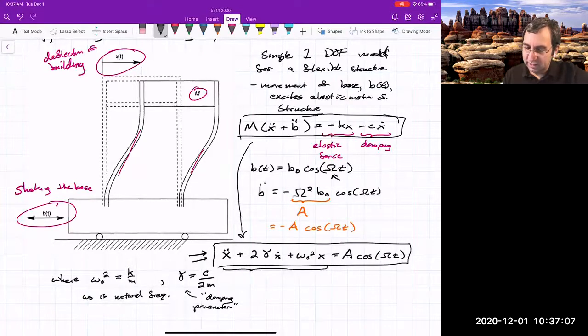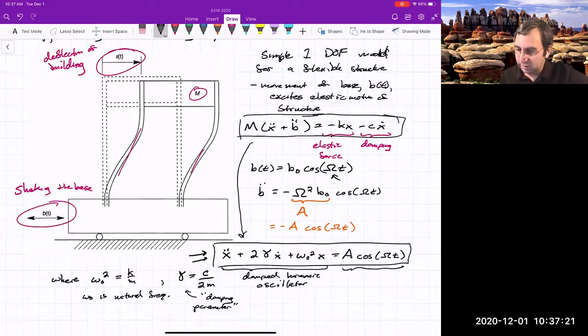So this left-hand side is the damped harmonic oscillator. If there was no forcing, this would be equal to 0, but there is forcing. So now we've got this periodic forcing